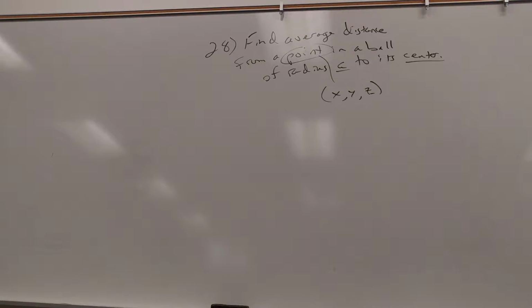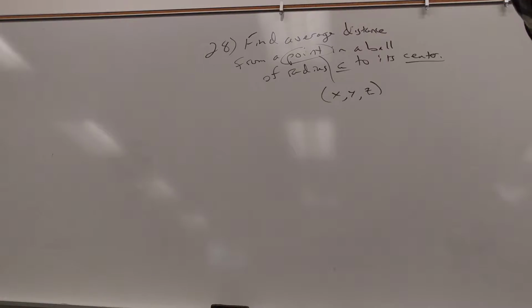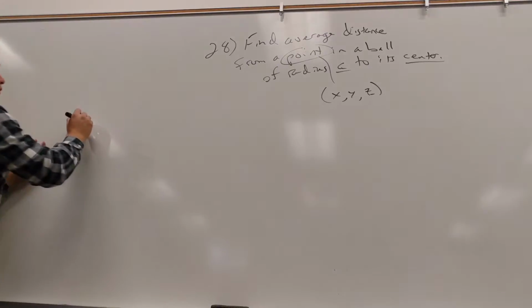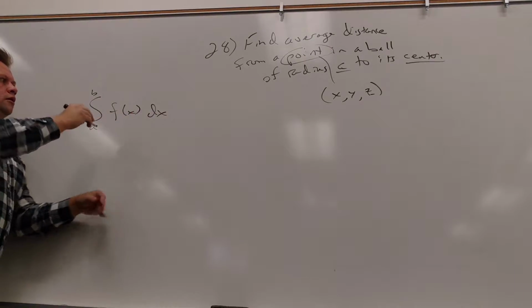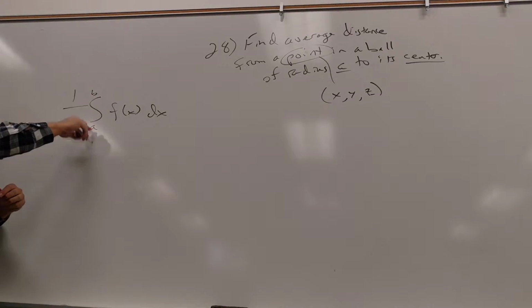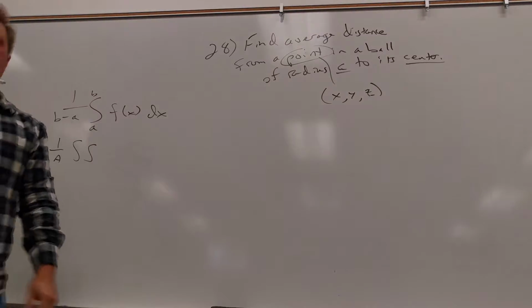In 2 dimensions, you find the integral of the function, then you divide by the area over which it's operating. In 3 dimensions, you integrate over the volume and divide by the volume. So in 1 dimension, how do you find the average? In 1 dimension, you integrate and you divide by the length. In 2 dimensions, you integrate and you divide by the area of the region. I don't know if I can take that one next step.